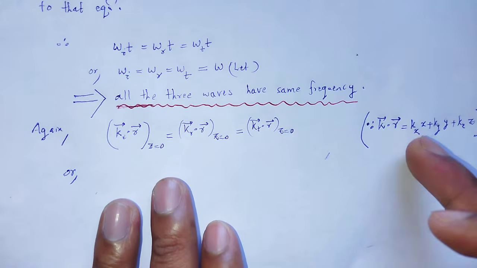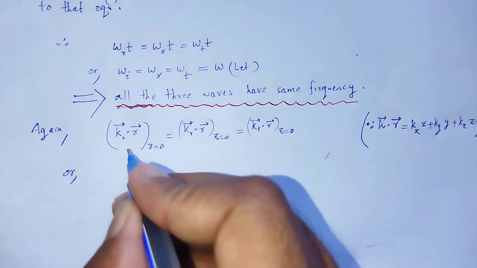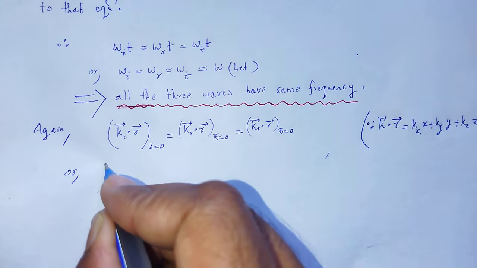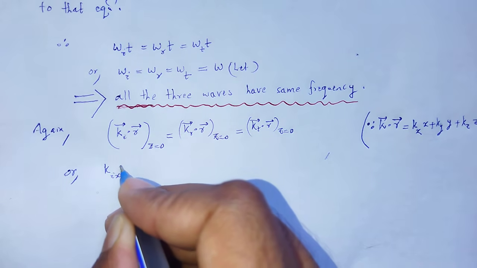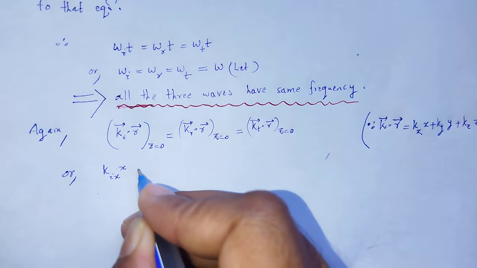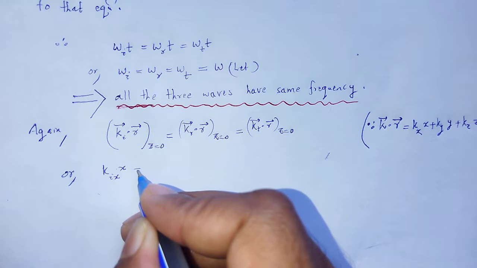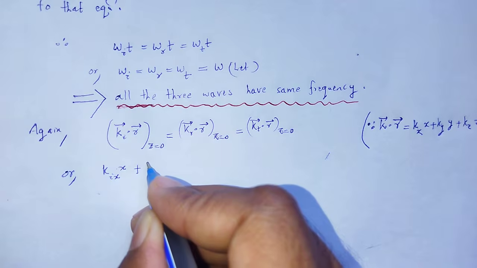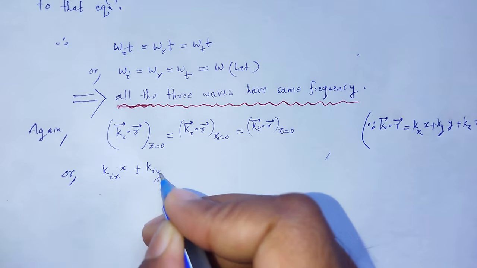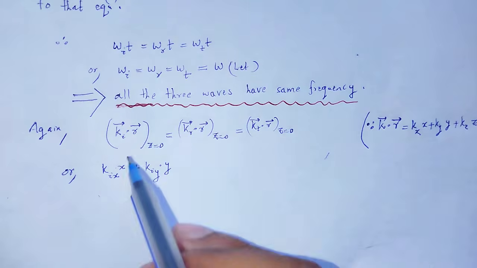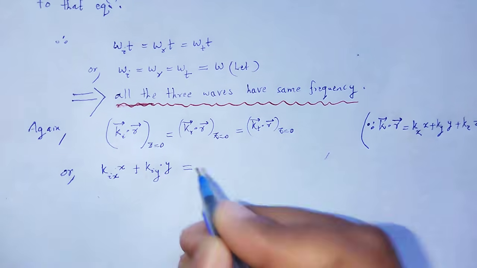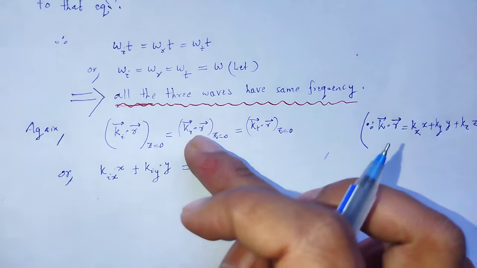So only x and y component exist. So that value is k ix x plus k iy y, that is ki dot r vector,